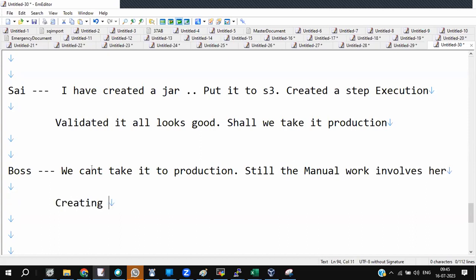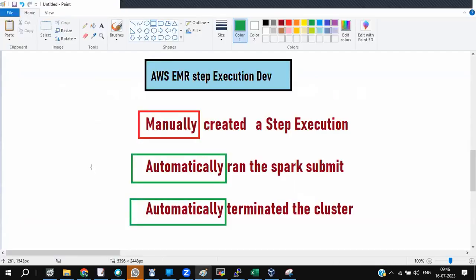Creating a step execution is again manual work. Yes or no, folks? Creating a step execution is again manual work. You have created a step execution manually. Automatically the Spark submit is done, automatically the cluster got terminated, boss. But still you do something manually here.